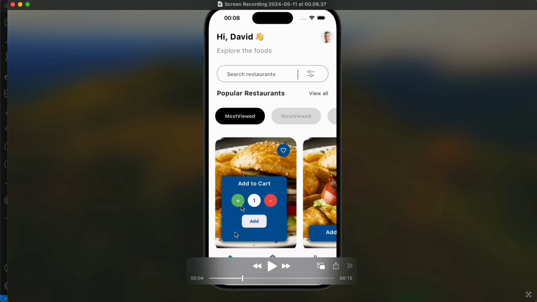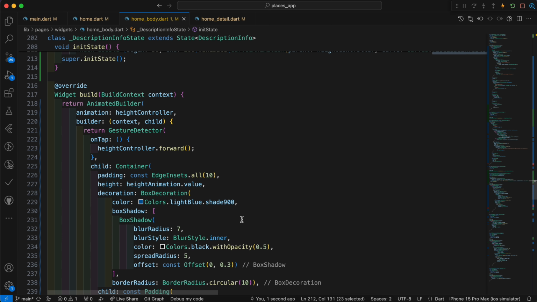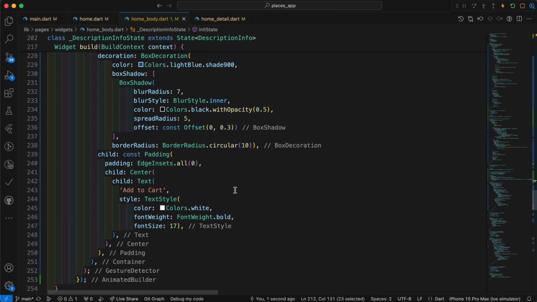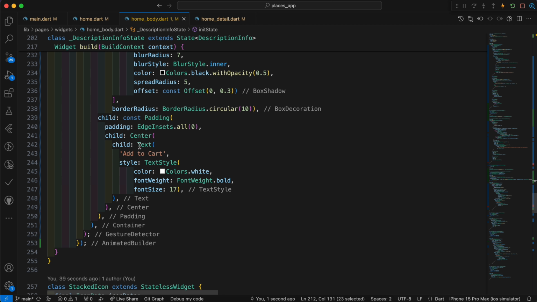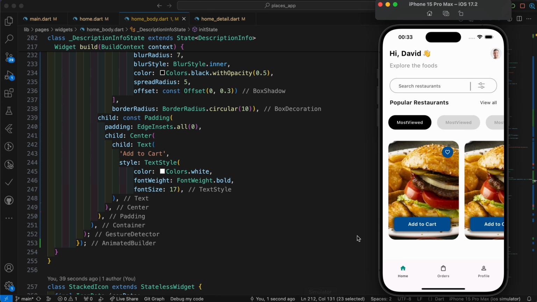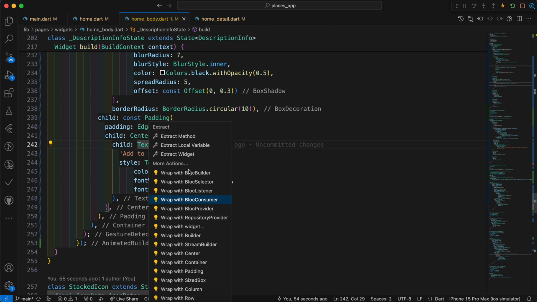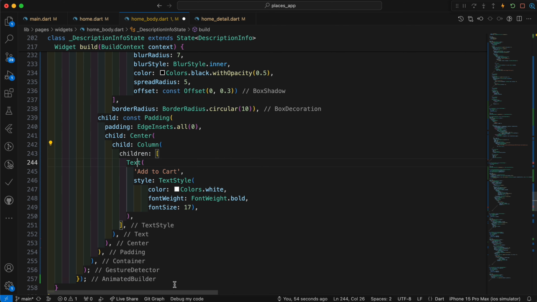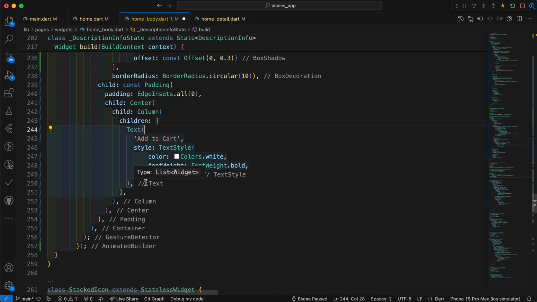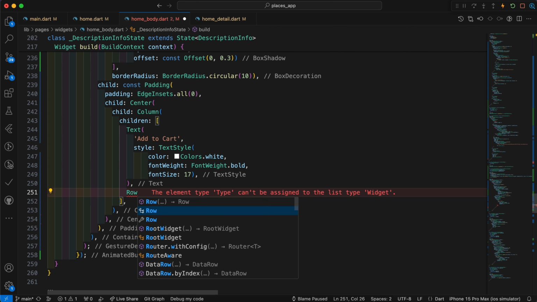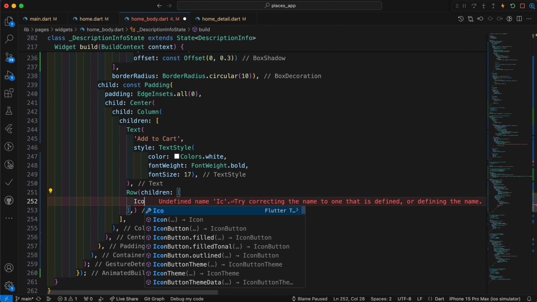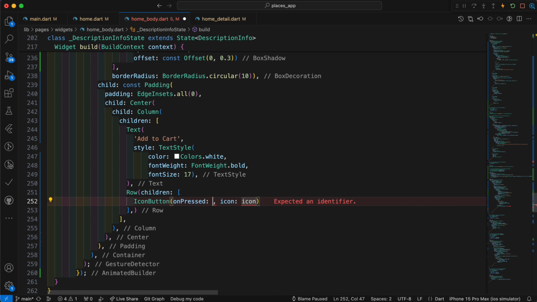So next step is going to be adding these buttons and also adding this add button. So we can come to the codes. Here you can see that our text is the child, and in order to change it we can use the column because we want to add the buttons below this add to chart text. So that's why I will wrap the text inside of, for example, a column, and here as a second element I have the row. Inside of this row we can add our icon button, and here on press of it